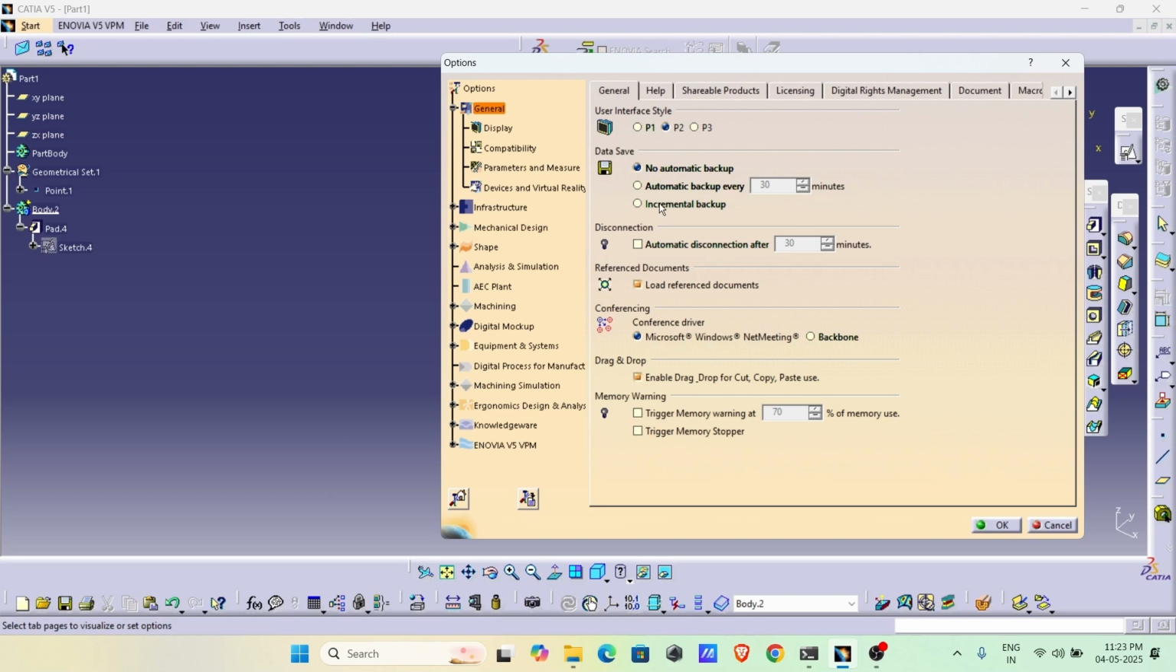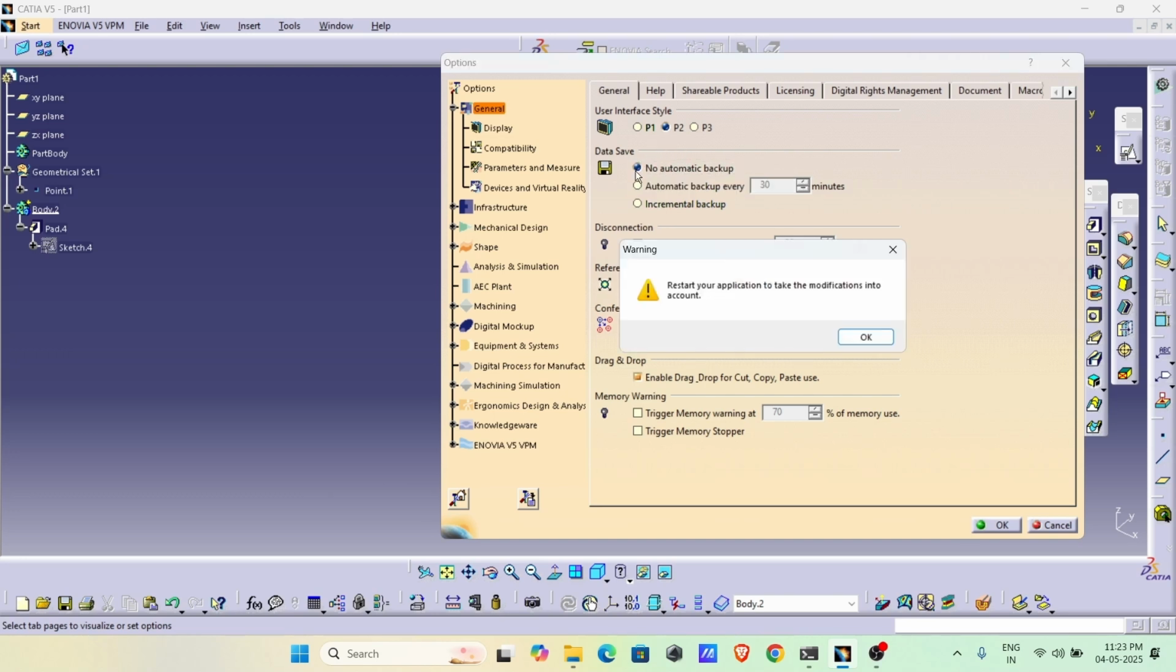So if you often forget to save the part, then you should turn on the atomic backup every 30 minutes, or you can change the minutes to 15 or 10 minutes to save your part. Okay, so I will be turning on the no atomic backup. Okay, and after that